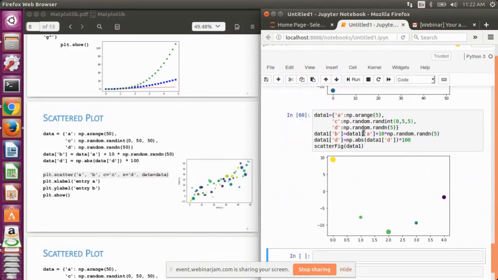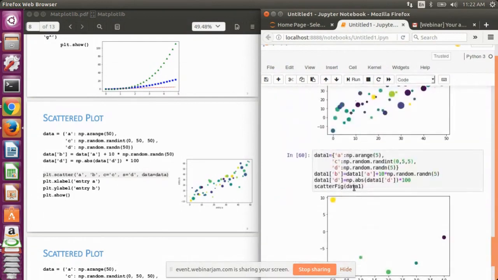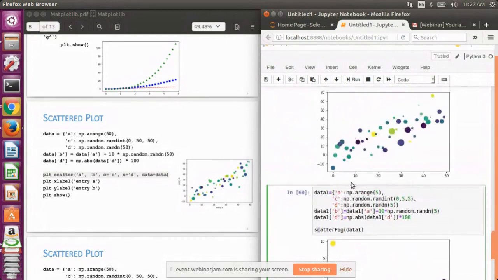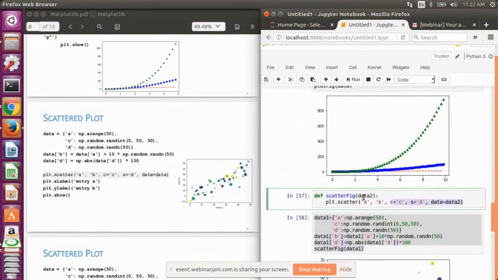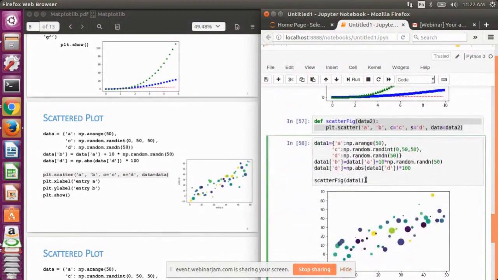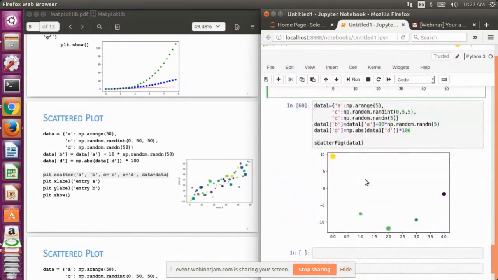So you can see the structure of the code is very readable. I have used a function. I have called the scatter function, that is calling the same piece of code that I was using while printing the values from 1 to 50. So this is the usability: by using functions we can manipulate our data and just pass the data to our function definition without making any change in the function definition.